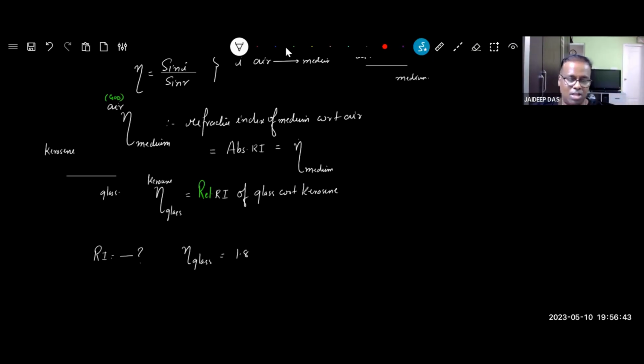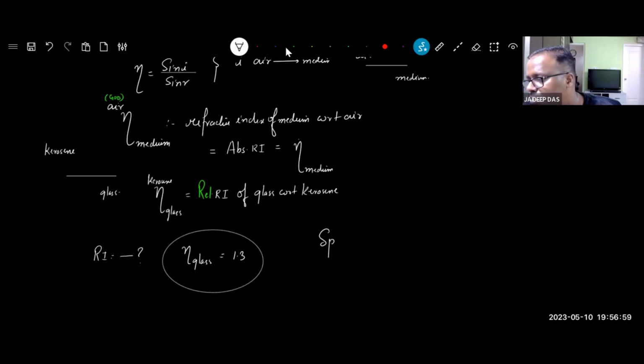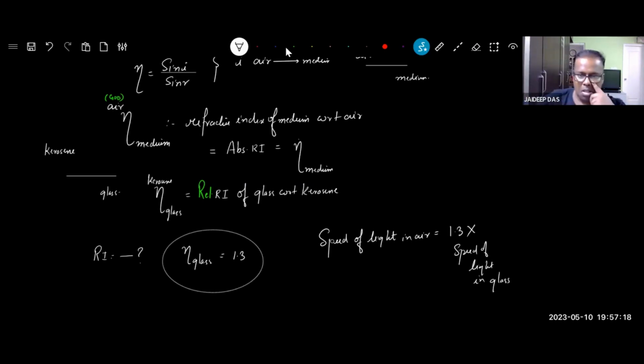Just imagine, glass का 1.3 है। ये फिगर आपको अगर किसी ने दे दिया तो what is the significance of it, इससे ये समझते हैं कि स्पीड ऑफ लाइट की स्पीड मैक्सिमम कहां है बेटा, एयर में ही है। Speed of light in air is 1.3 times speed of light in glass, ये बताता है। और कैसे देखोगे इसे, when light enters from air to glass it gets slowed down by a factor of 1 by 1.3।